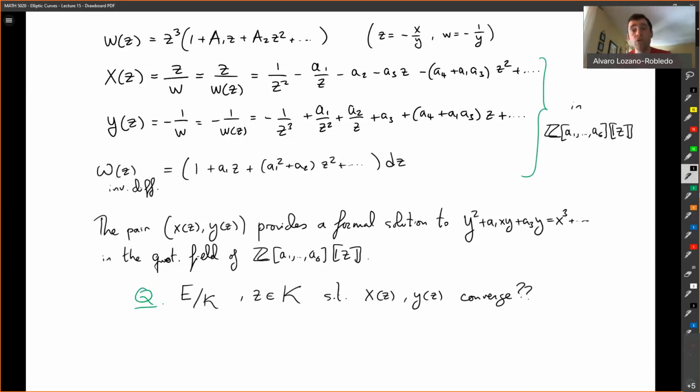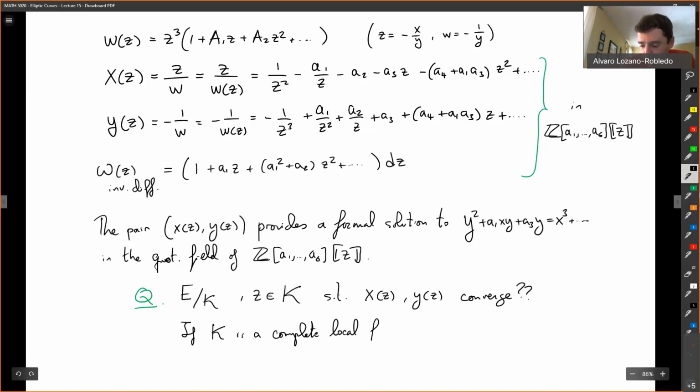And that's what you need, a complete field, or what is called a local field. So if K is a complete local field,